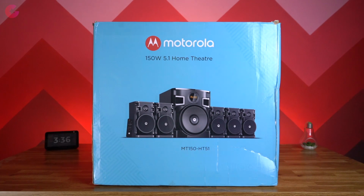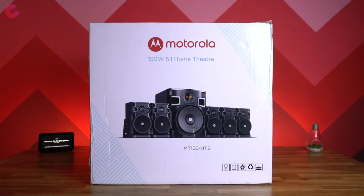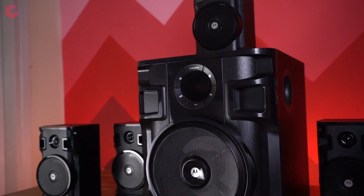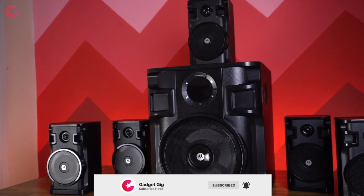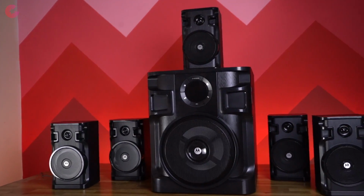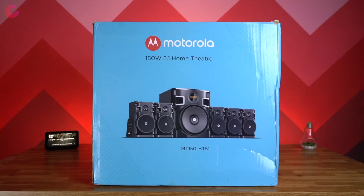If you're in the market for a budget home theater system which you can use for movies and music, then today in this video, we're going to show you a newly launched product from Motorola, and it's the Motorola AmphisoundX 5.1 home theater system. The AmphisoundX series has 3 models, and the one we have here is the 150 watts